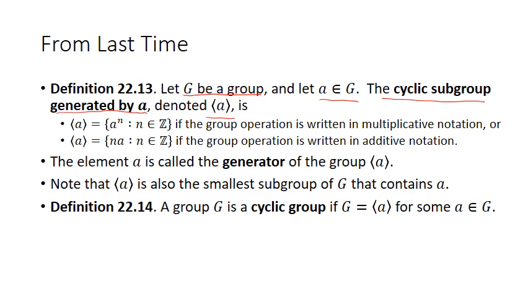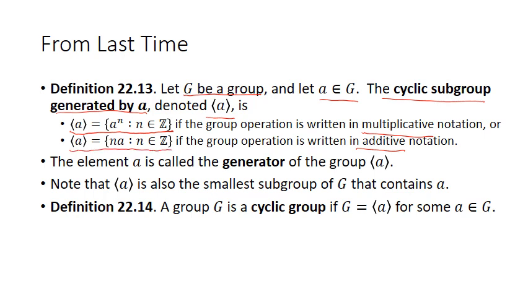Normally we'll use the multiplicative notation unless we happen to know that we're doing addition for our group operation. So angle brackets A is defined as all of the integer powers of A, if the group operation is multiplicative. Otherwise, if the group operation is additive, angle brackets A is defined as all the integer multiples of